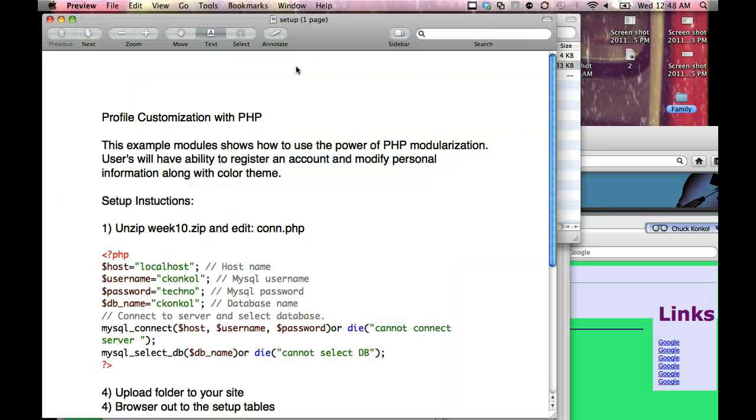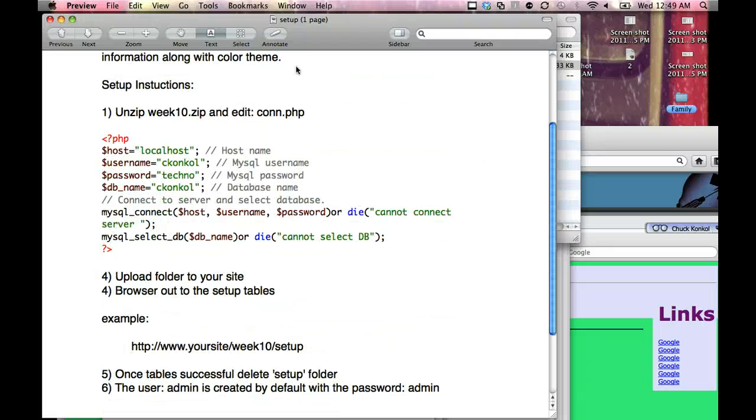When you open that up, it goes through basically what this week's assignment is. In PHP, a lot of times you use customization for personalization for users as they log into your site. And this example shows how to use a PHP modularization. Users will have the ability to register an account, modify personal information along with theme color. So the first thing you'll do is unzip the file that you download from week 10, modify your